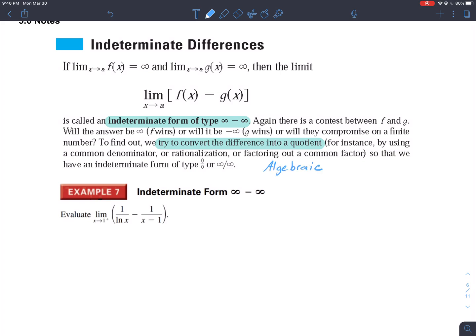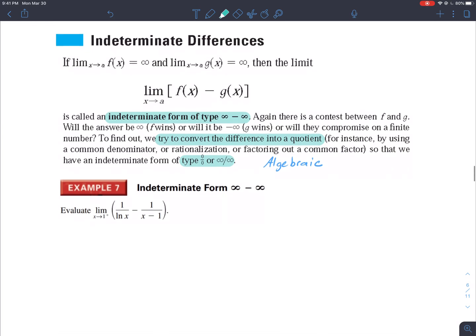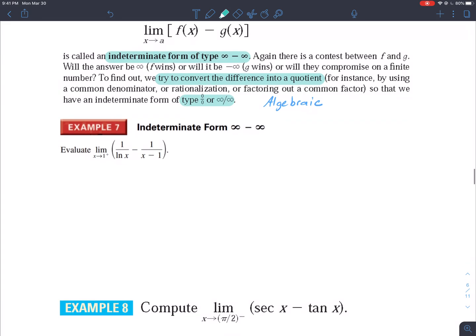Algebraic, in order to manipulate in some way the functions we're given, and create a scenario where you could then apply L'Hopital's rule. So all of this keeps coming back to what can you do to the function, what can you do to the scenario, the given expression, in order to be able to use L'Hopital's rule. So try to get it into a form where we can use L'Hopital's rule, a form that gives you infinity or 0 over 0. So this first example, we are given the limit as x approaches 1 of 1 over